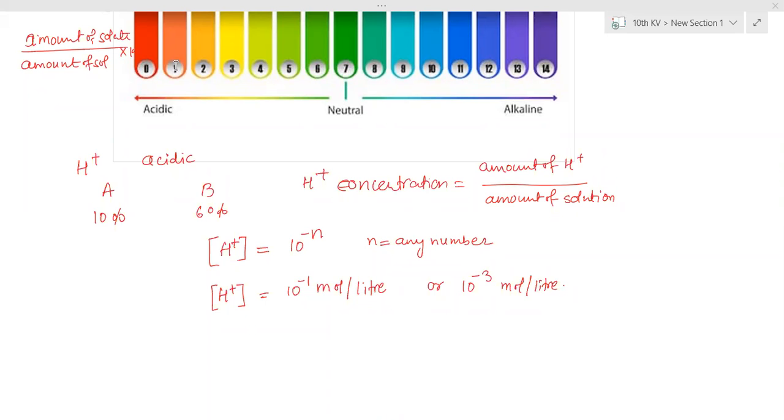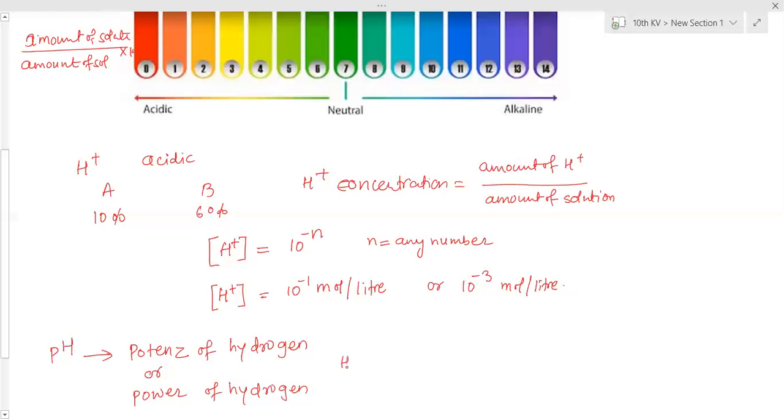So therefore the word pH, power of hydrogen. Every solution's hydrogen ion concentration is found out, and depending on the H plus ions, we get to know which one has more H plus ions and which one has fewer. According to that, we can find out the strength of an acid, base, or neutral solution. pH is actually a Latin word, potens of hydrogen, or in simple words, power of hydrogen ion.